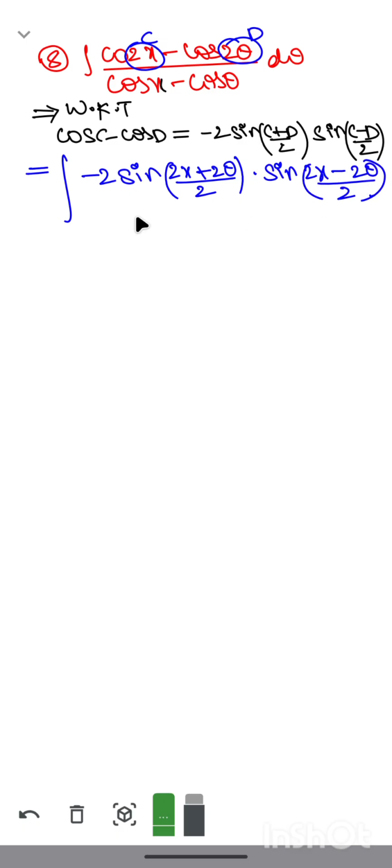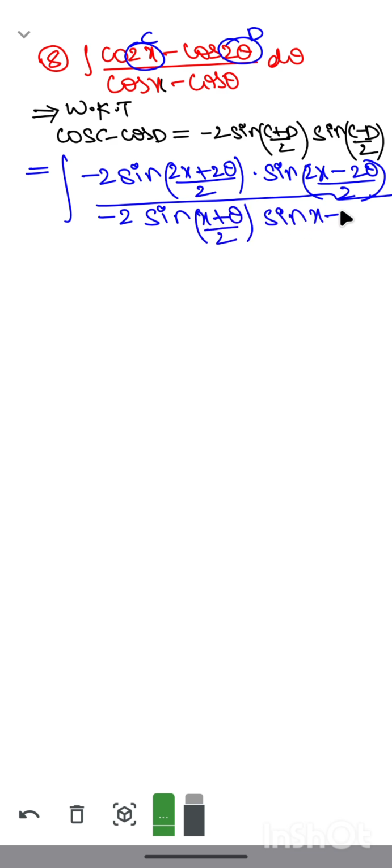Whole divided by, even in the denominator we are using the same formula, that is cos c minus cos d is minus 2 into sine of (c plus d) by 2 into sine of (c minus d) by 2. Okay, this is the question. In the numerator minus 2 and denominator minus 2 cancel. We are left with, after simplification,